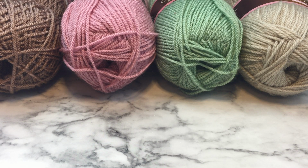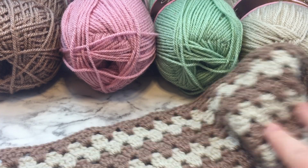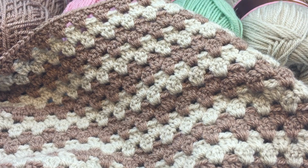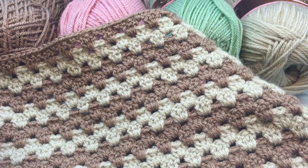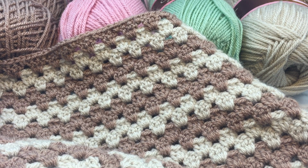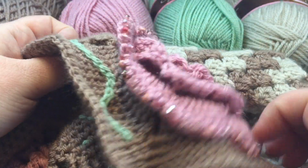Welcome back. I hope you had a great time with your vines. Now, before we actually move on to the leaves, we need to attach our panels to our shawl. So what you're going to do, this is a really big project and I'm not going to be able to get it all into the shot, but what you're going to do is you are going to place your panels wrong side against your shawl. You're going to find your long end and take your panels, which I've already attached leaves to because I can't follow directions,